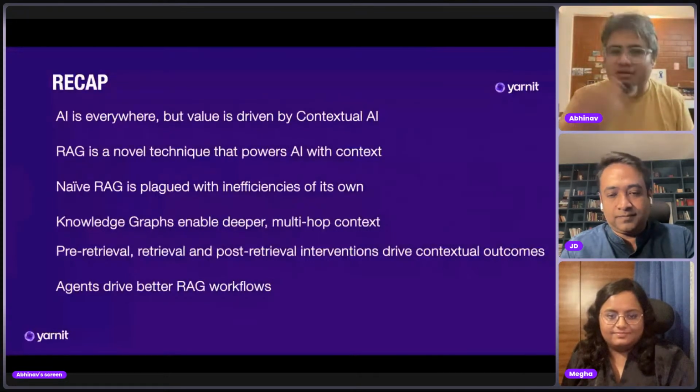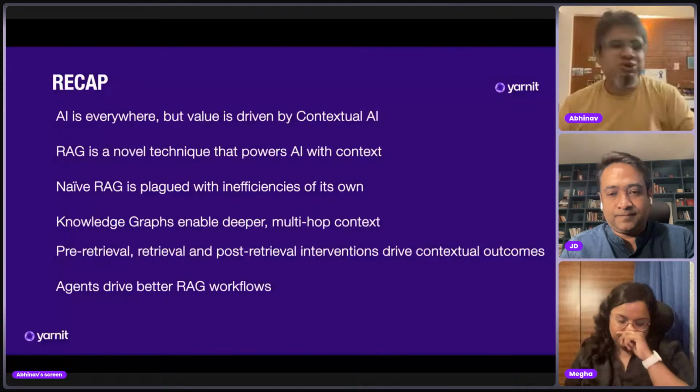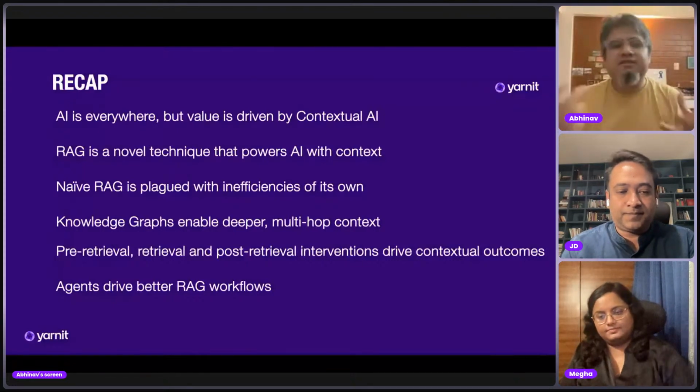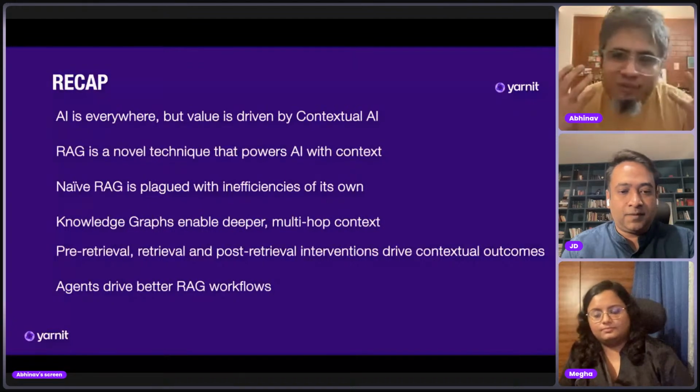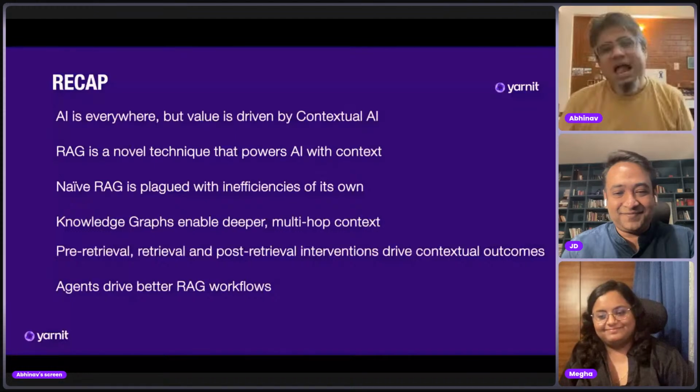So we need to employ knowledge graphs, a lot of pre-retrieval, post-retrieval, and retrieval strategies, and really use RAG agents to drive better workflows that will lead to better outcomes. And that's what I wanted to share about what we are doing at Yarnit